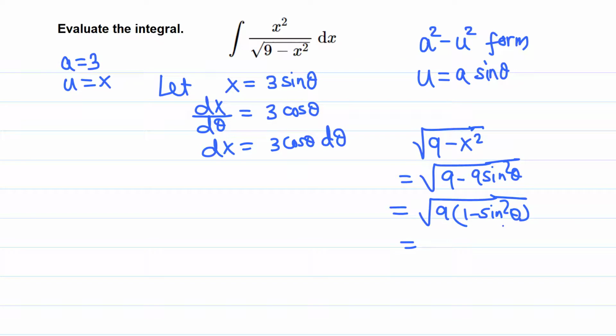Now 1 minus sine squared theta is cosine squared theta. Now we can take the square root of 9, which is 3, times the square root of cosine squared theta, which is cosine theta. Oh, that's good. So with this substitution, the given integral becomes,